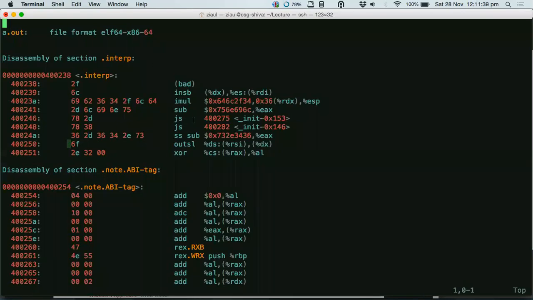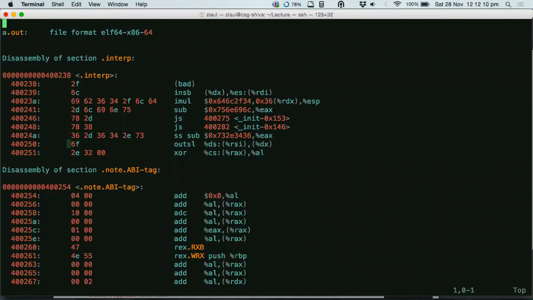The last column here is for your reference. The CPU does not see this. The CPU also does not see the first column, because the first column is only for the program counter locations. The CPU only sees the middle column. The last column is for your reference: these are all the assembly level instructions. Remember, I told you that assembly is something in between machine code and human readable high level code.